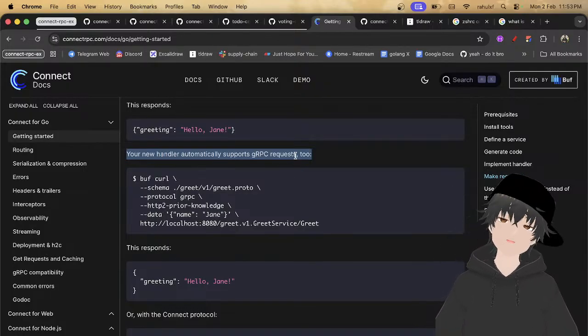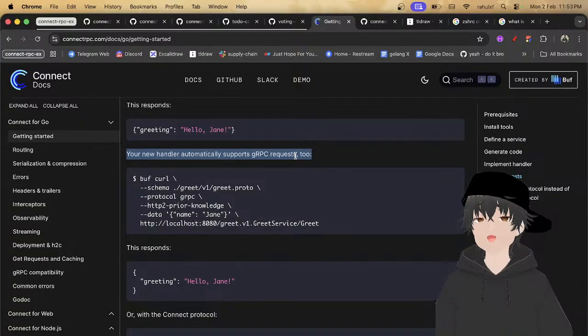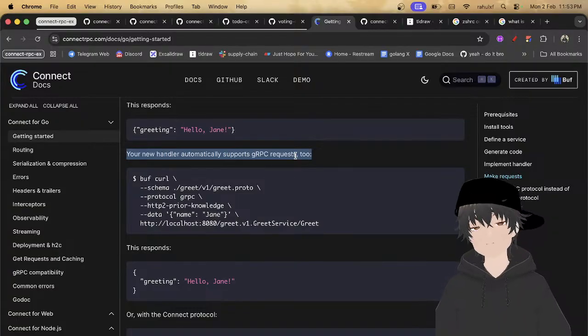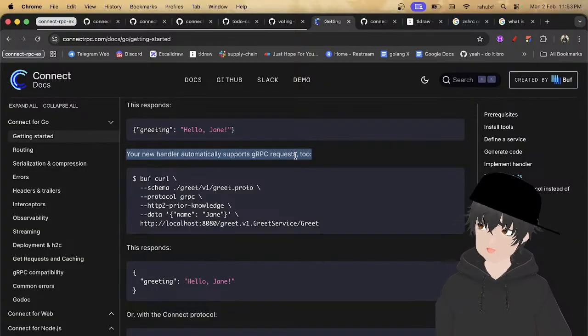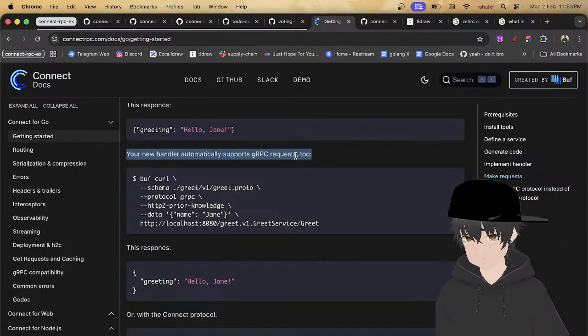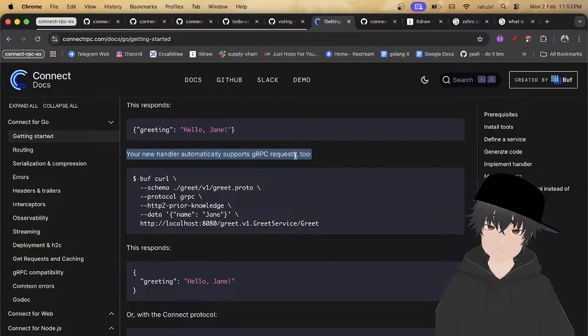So how can you do buf curl? The schema is greet.proto, and the protocol is gRPC, with an HTTP2 prior knowledge, and then the data is name Jan.